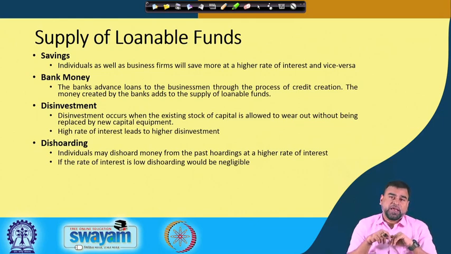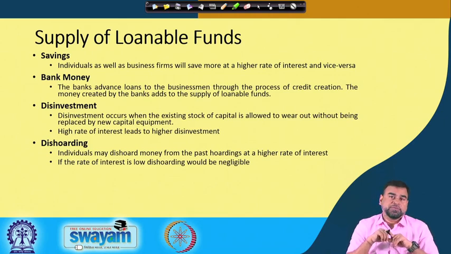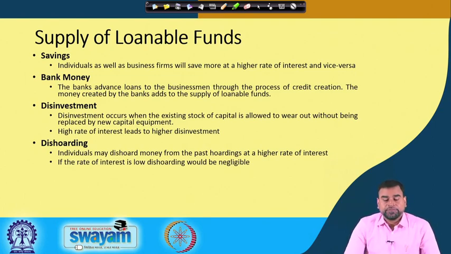But whenever we are talking about the supply side, who supplies? From where does the supply of funds come? It comes from the reverse side. The first point is savings. If you see who saves, individuals save. To some extent there are corporate savings too, the corporate sector also saves some money. But if the interest rate is higher, then savings will be more. People will save more, but that money cannot be demanded.